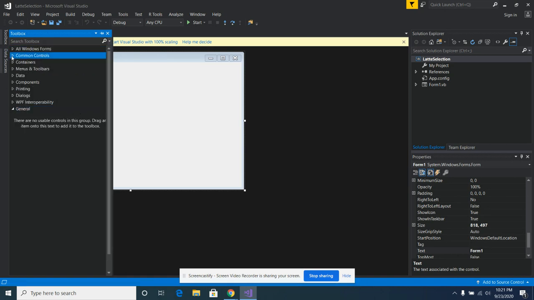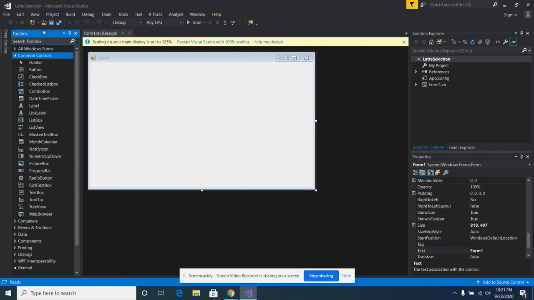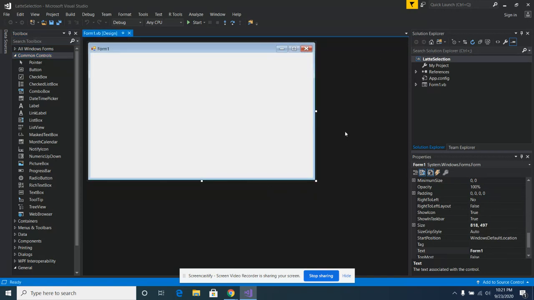And we want to use a common control. And I'm going to pin it so it'll stay there. So you just click this pin button and that will pin it to the screen for you. Okay, so now we have our